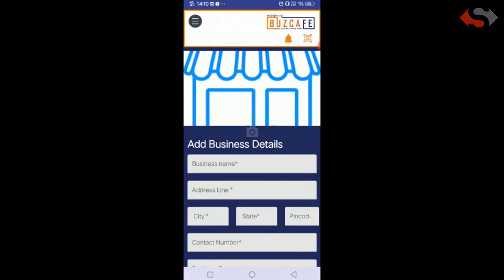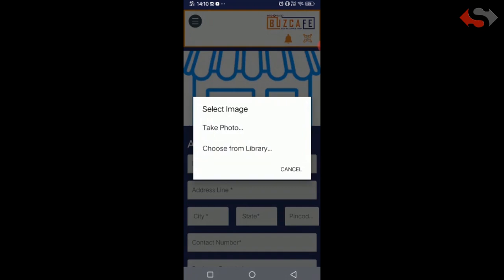I'll select any image related to my business.